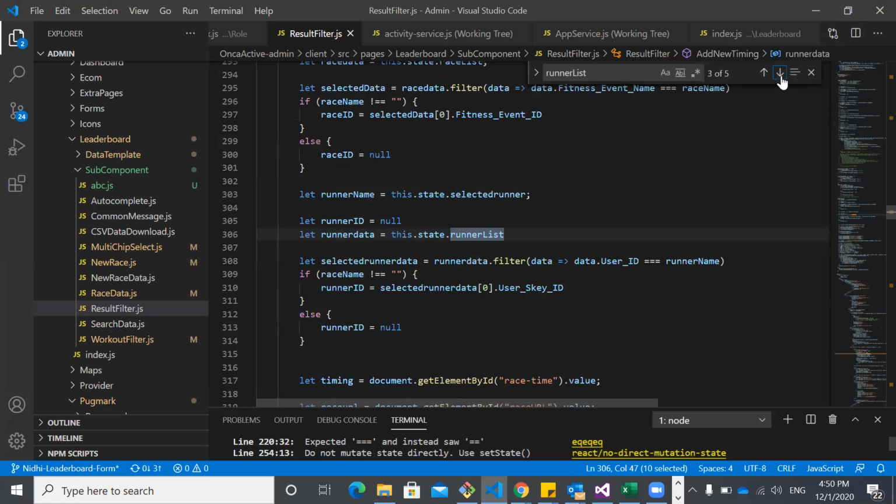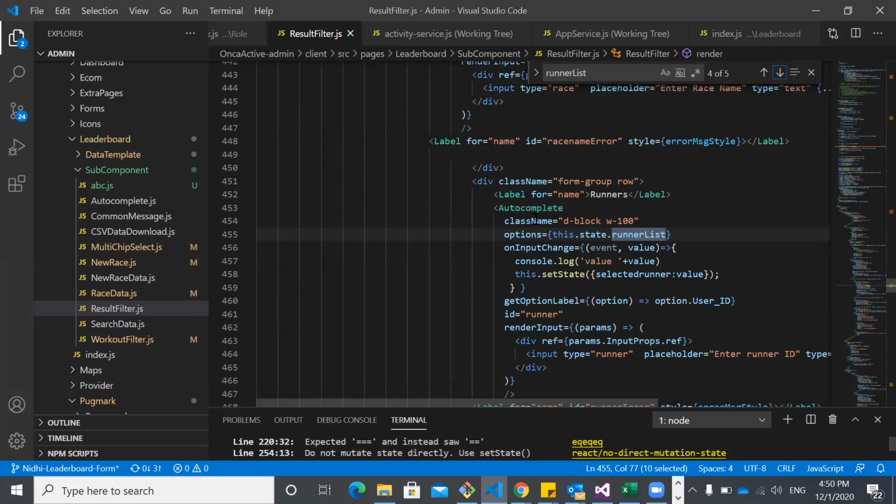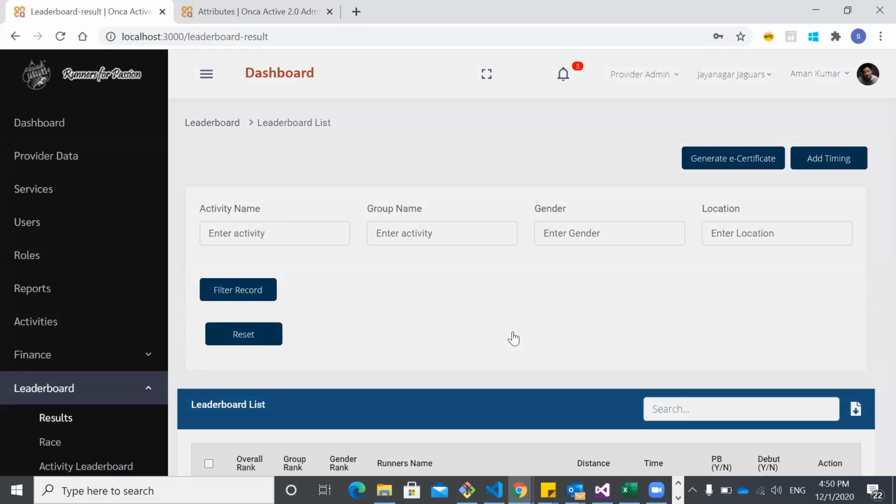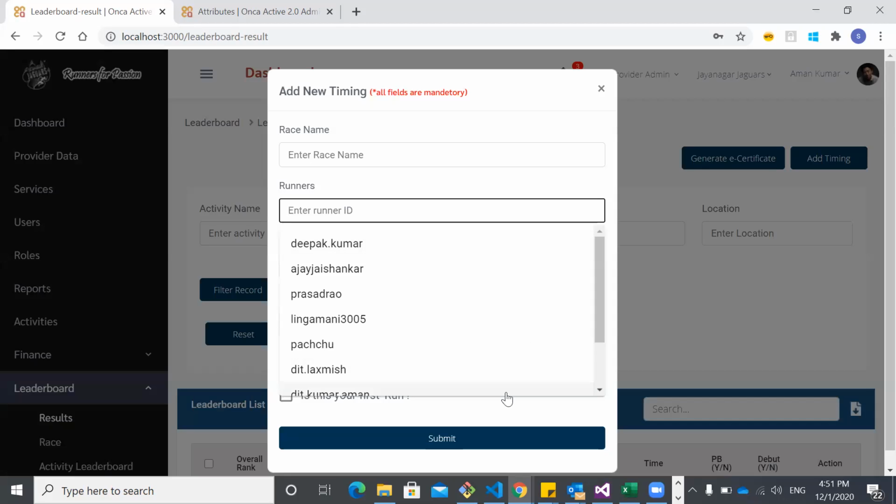Okay, that we have to display. With that we are giving them as options. All the data which you are seeing under this runners list is nothing but the runners' names that we are getting from a particular stored procedure. When we are running the particular stored procedure, we are storing the runner list and that data.